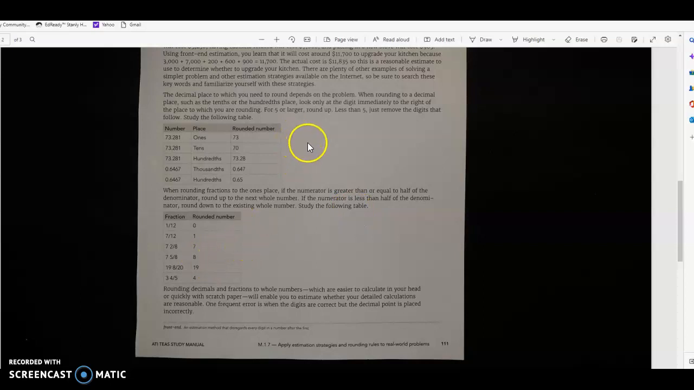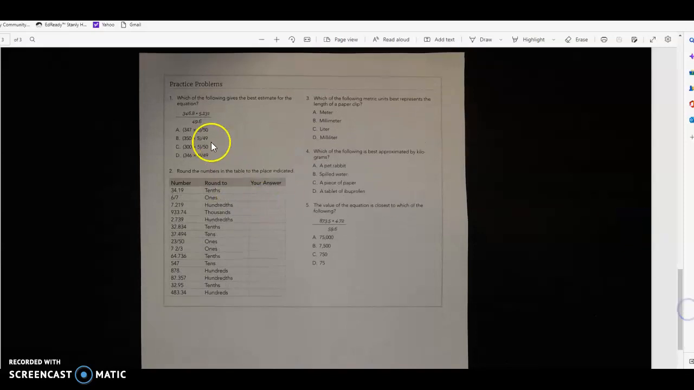Once you've read all of section 1.7 and are ready to do your practice problems, you can look in Canvas, and I have worked out all these problems exactly the way they're written right here, so that you can check your examples